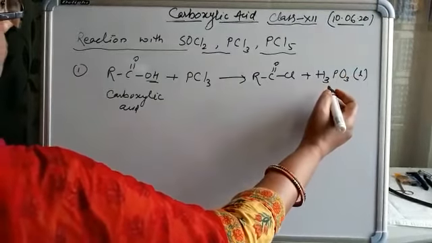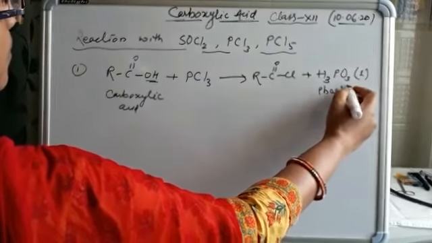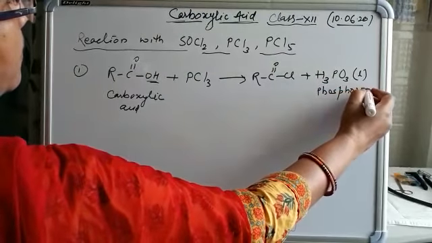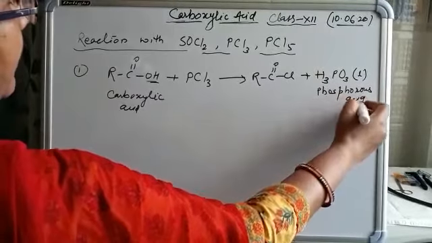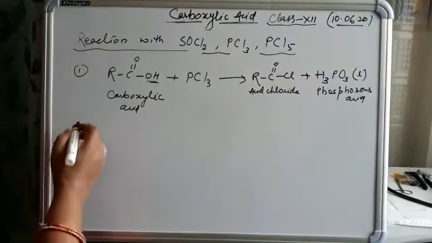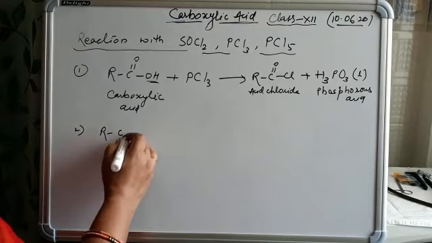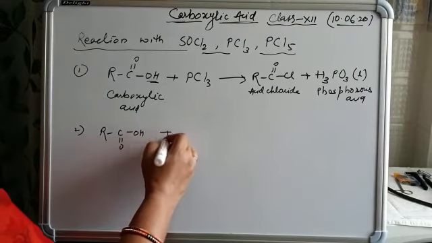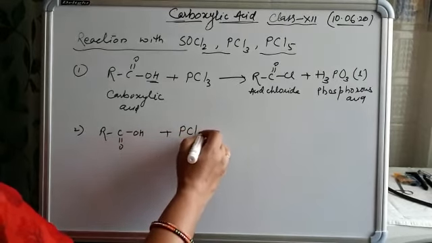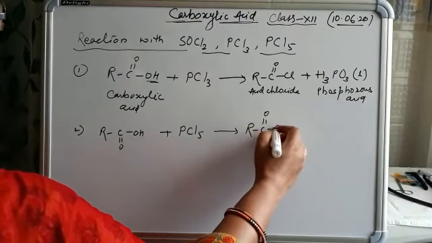This is known as phosphorus acid, and this is acid chloride. In the next, when carboxylic acid is treated with phosphorus pentachloride, the same product will be formed, acid chloride, and